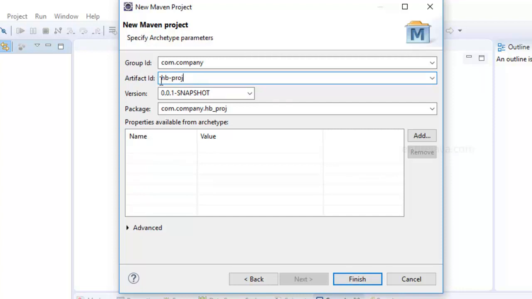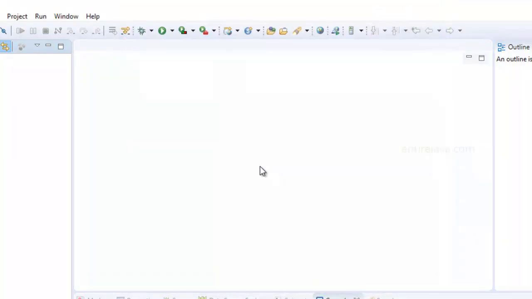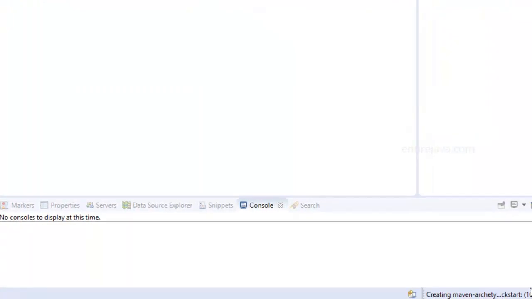You can give any name of your choice. You have to take care of making those changes in your pom.xml file. If you don't want to take that burden, just give the exact same name. Click Finish. So this is going to take a while, and while it does, I'm actually going to walk you